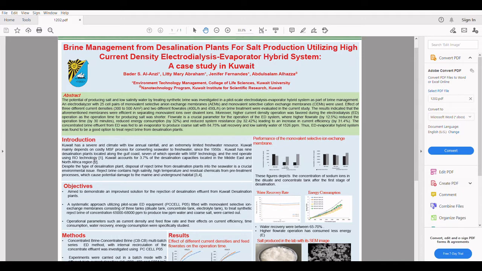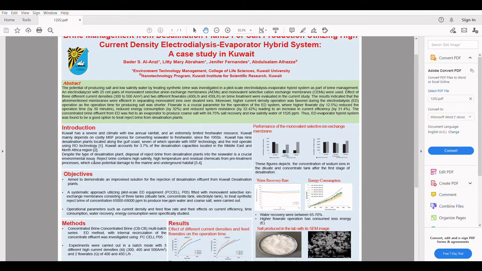Despite the type of desalination plant, disposal of reject brine from desalination plants into the seawater is a crucial environmental issue. Reject brine contains high salinity, high temperature and residual chemicals from pre-treatment processes, which cause potential damage to the marine and underground habitat. The objective of this study is to demonstrate an improved solution for the rejection of desalination effluent